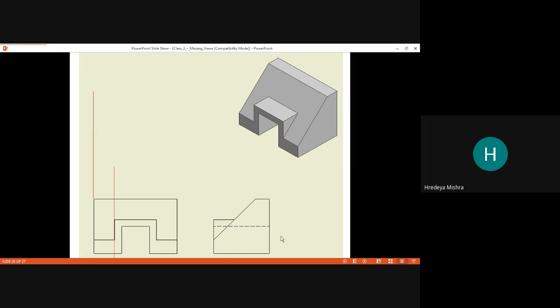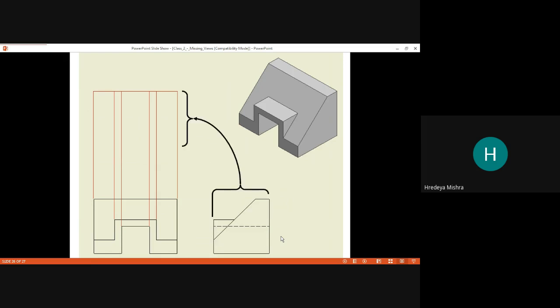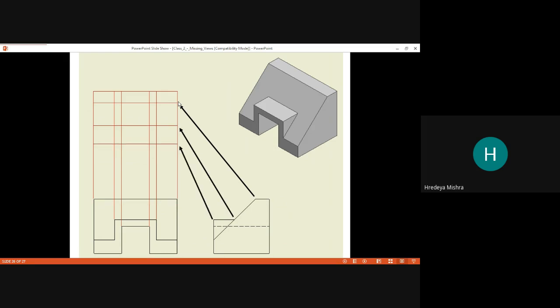Here you can see we draw the projection from the front view to make the top view. From here to here, this side is here, this line and this line for projecting this line.